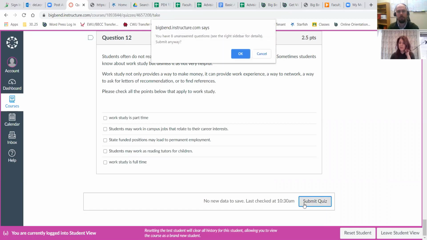Now, I've skipped a bunch of questions, and you can see there's a pop-up box that comes up and says, you have 8 unanswered questions. See that right sidebar for details. Do you want to submit anyways? So you cannot accidentally submit a quiz or a test without having answered all of the questions unless you do